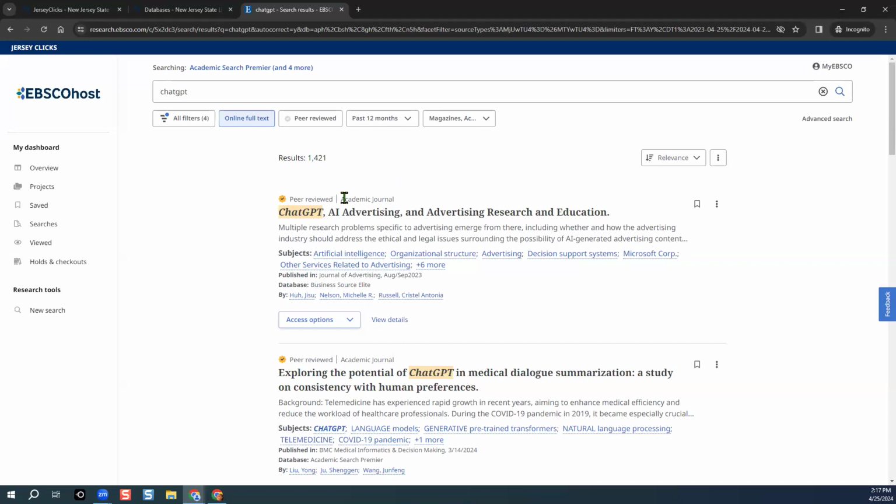And as we scroll through our search results, we can see some important information provided for each search result. Prior to diving into the full text, we can see the title. My keyword is highlighted wherever it appears in the title or the abstract. We know that this particular article happens to be from a peer-reviewed academic journal. We have 2 lines of the abstract, the subject headings, 2 lines of that, and we